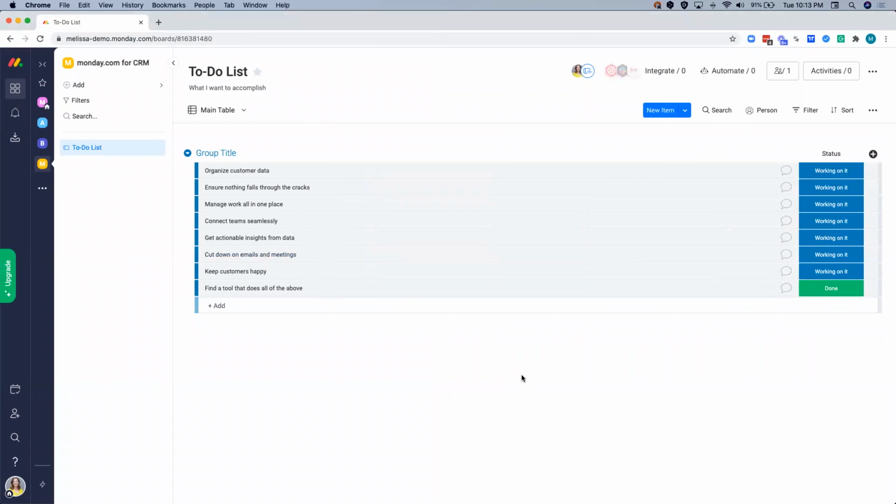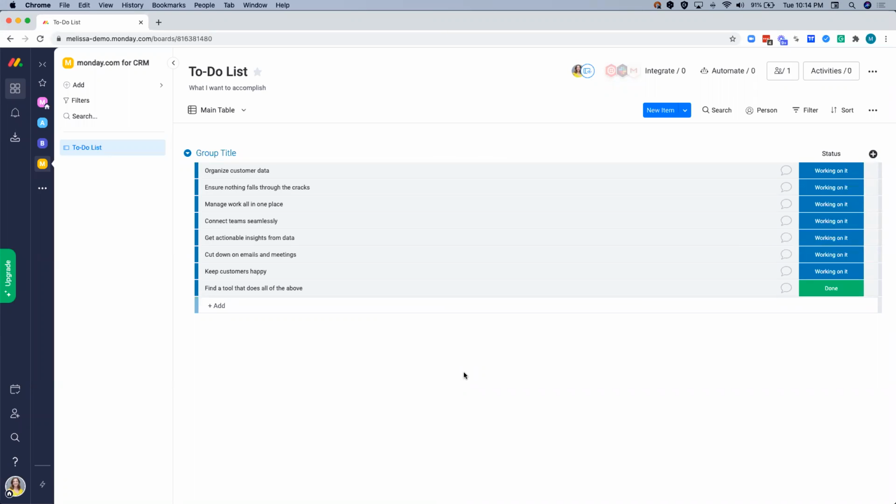So for those of you who may have never seen the platform before, maybe you haven't started a free trial on our homepage, this is monday.com. Now, monday.com is a work operating system designed to help you manage all aspects of your business. Whether you're managing your data, onboarding your customers, monitoring your leads and your sales pipeline, or even just working to improve communication amongst your team, monday.com is fully customizable, so you can do it all and you can get started